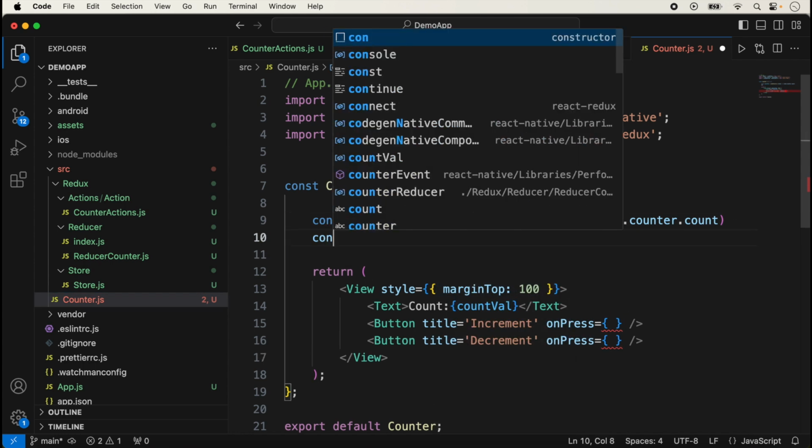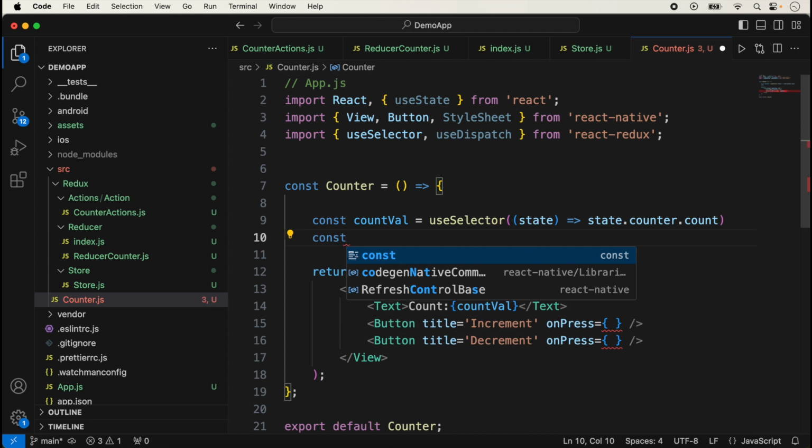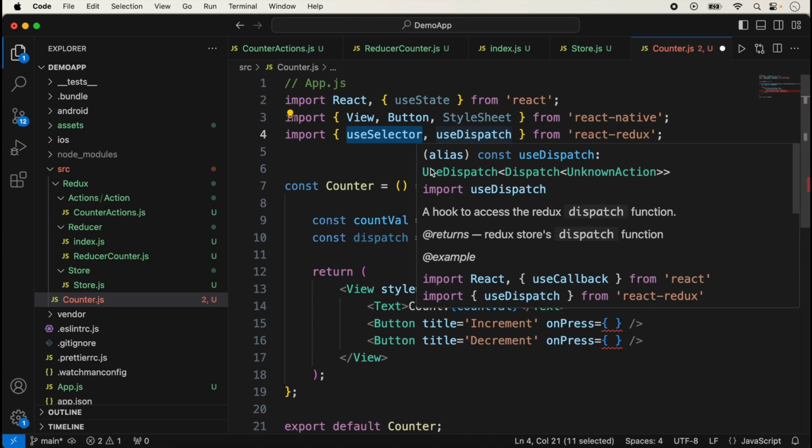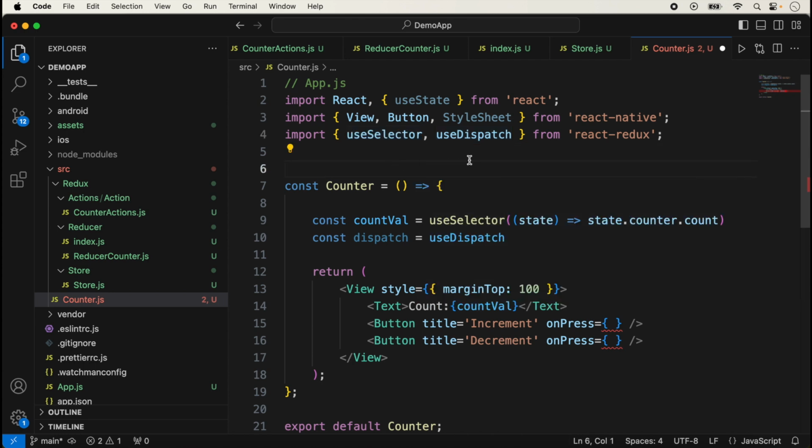So here we just use the dispatcher const, and here we just use the useDispatch hook. So it is a hook. The React-Redux library actually provides the hooks useSelector and useDispatch. We can use these hooks like other hooks we have used inside React Native from the React library. So we just create a variable of type useDispatch, and with this dispatch we just need to add here dispatch,